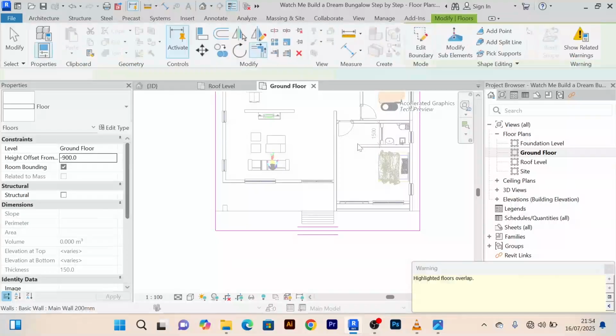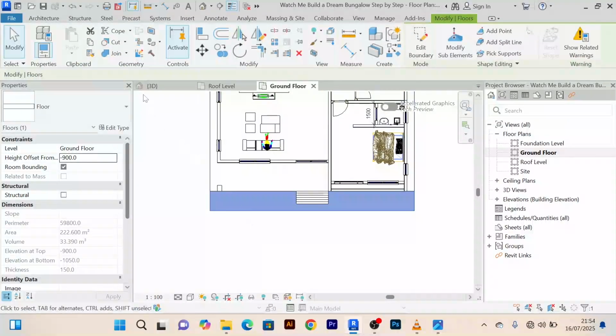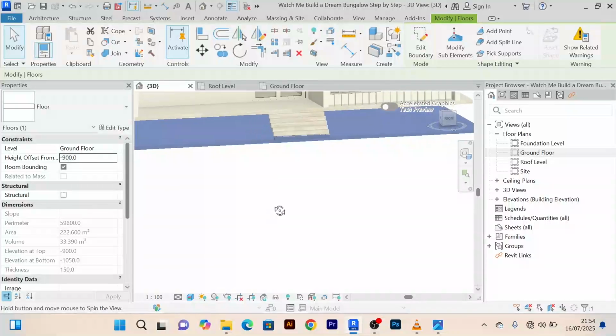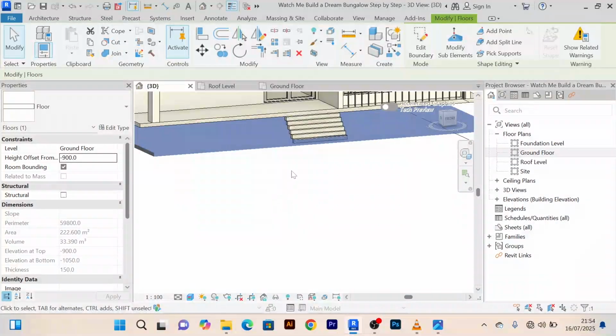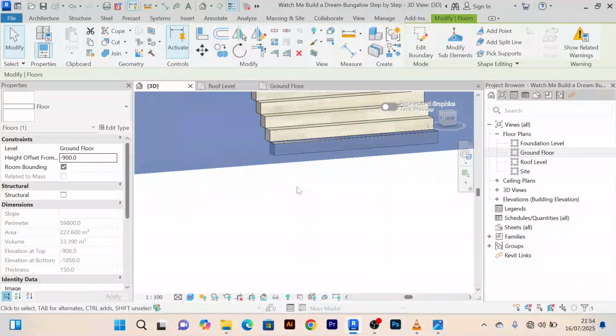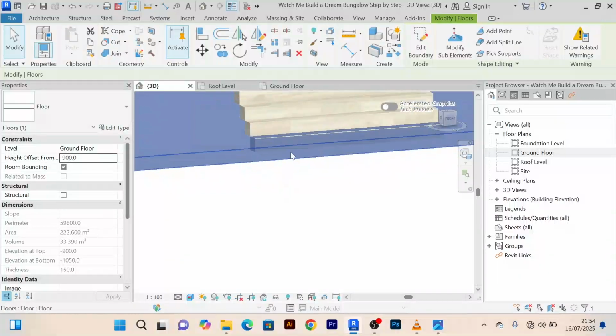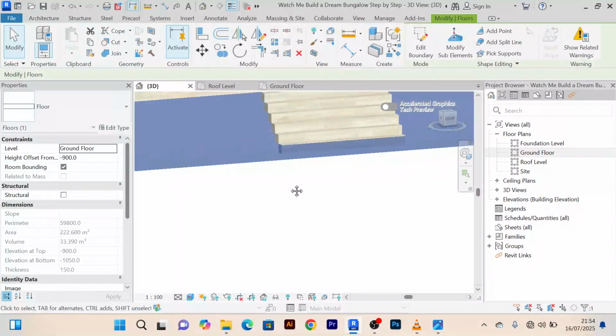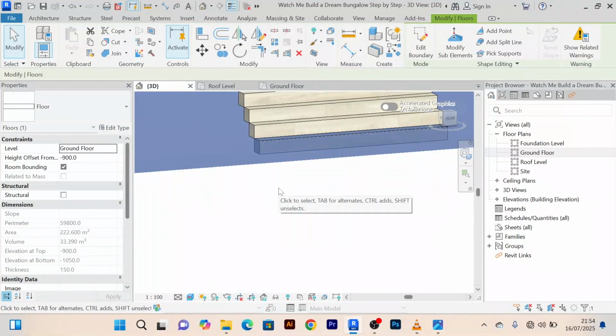When I click finish, Revit will start complaining. Do you realize why it is complaining? The last step is at a level of -900. That means this other slab we have created should be lower than that. So the only thing we can do is to select it. You will come to this height offset. We make it